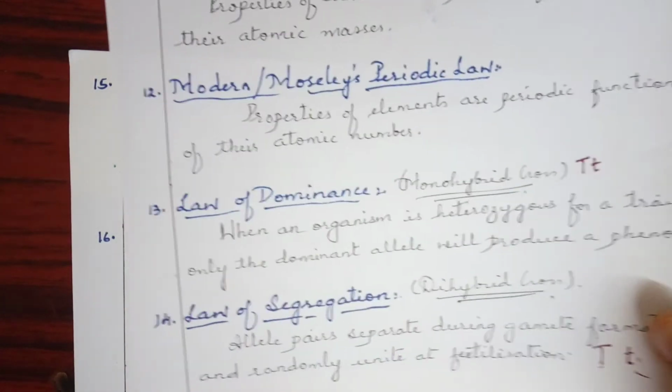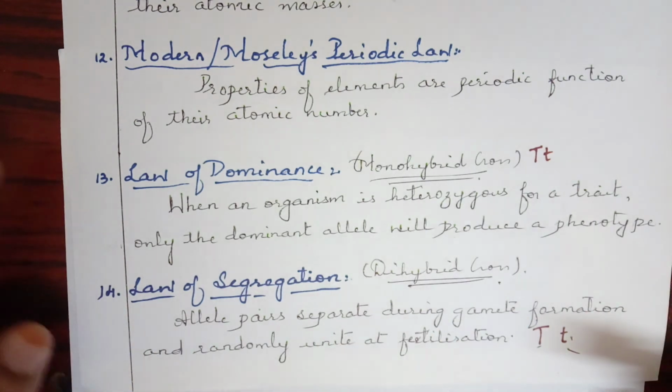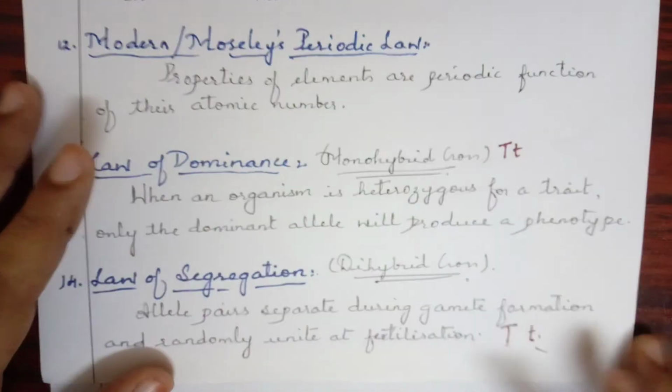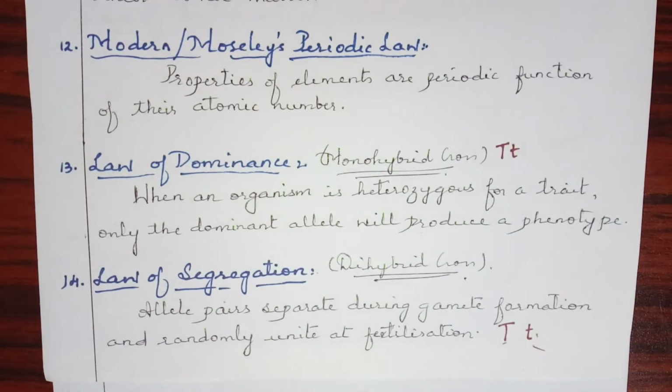Now, if they ask you questions regarding how the alleles pair, or anything related to dominance, you can just join this up along with the dominance, or you can also join it with independent assortment on the safer side. These laws are not at all present in your textbook. That's the reason why I have given them to you separately over here.